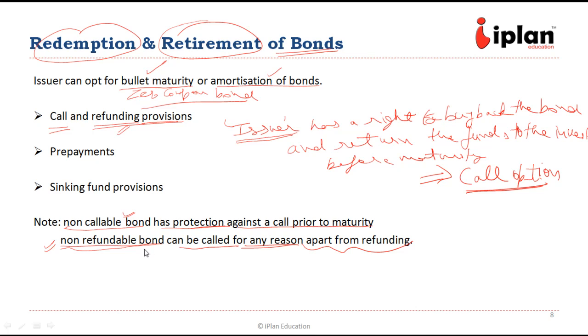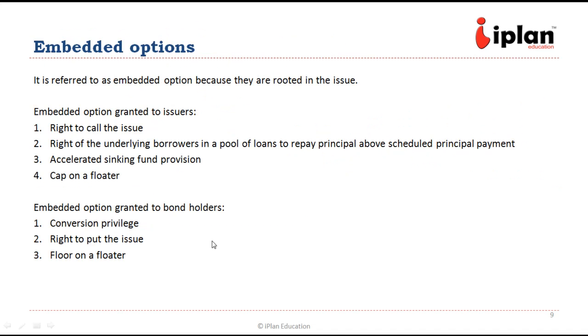There is a minor difference between non-callable and non-refundable bonds. As we understand, the non-refundable bonds are also non-callable if the reason is refunding. So there is only a slight difference between the non-callable bond and the non-refundable bond. The non-refundable bonds are callable if they are being called for any reason apart from refunding. But for refunding, even they are non-callable. Now let us move to the next topic,